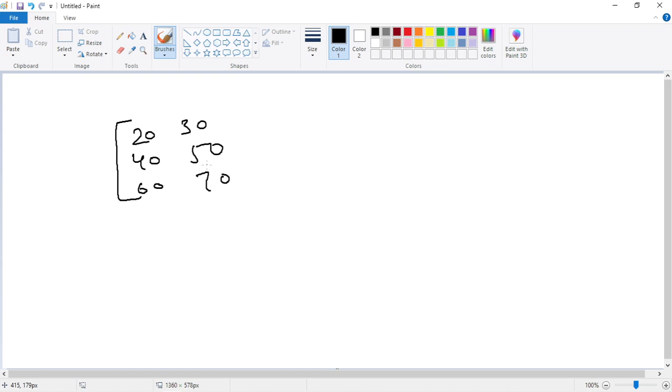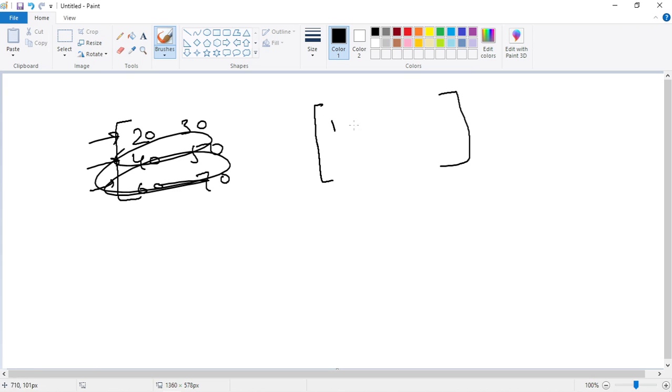No sir, 3 columns and 2 rows. Okay, 3 columns and 2 rows. So 1, 2, 3, three columns and 5, 6, 7. Yes, you can also take this. That is not an issue.